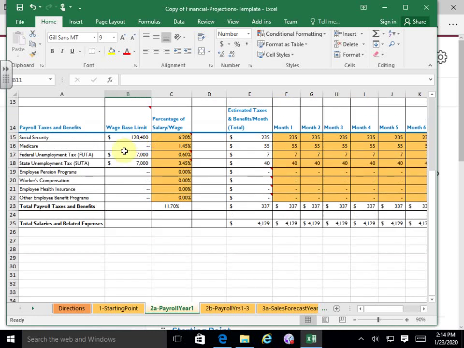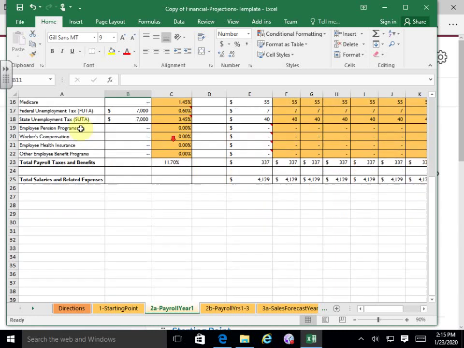Okay. Because the employer pays, when you get to Social Security, right? Employee pays half, employer pays half. Totals 15.3% when we're talking about Social Security and Medicare. Okay. Employee pays 7.65%, employer pays 7.65%. Okay. Federal unemployment and state unemployment tax, and it kind of automatically figures that for you.